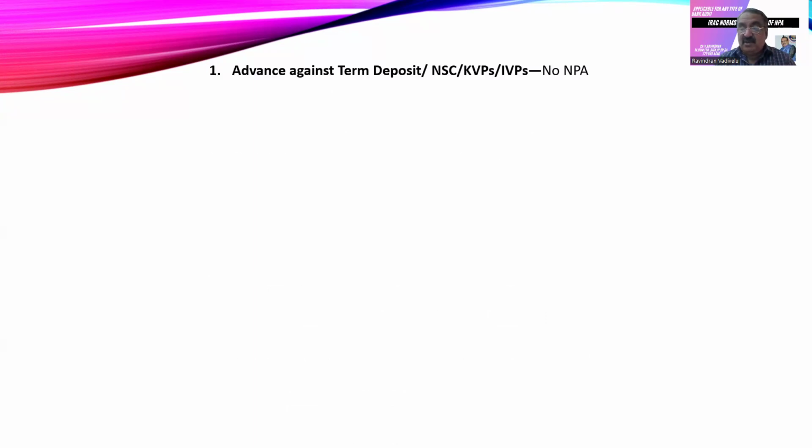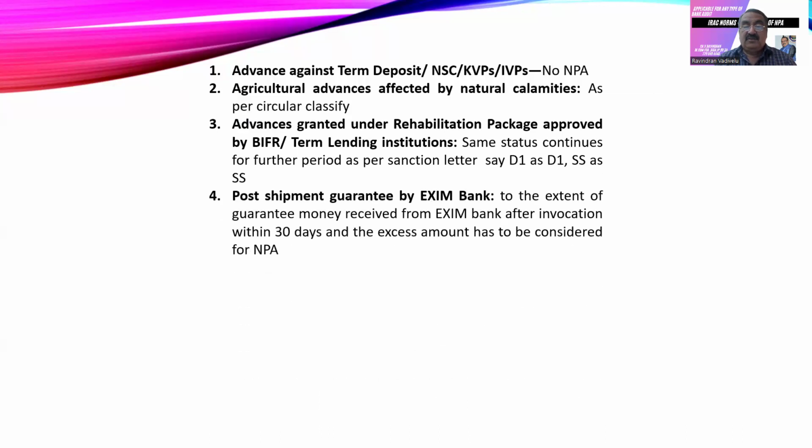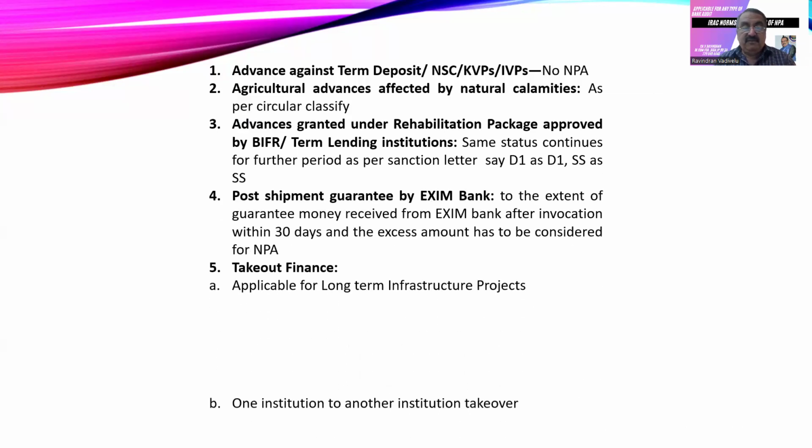Advances against term deposits, NSC, KVPs, Vikas Patra, you need not worry at all. All those assets have become standard. And for agricultural advances affected by natural calamities, you have to go and refer to the circular. If the RBI permits reclassification or restructuring based on the natural calamity, then the concept of NPA is not applicable. So for this, you have to refer to the circular carefully. And the point number 3, 4, 5,